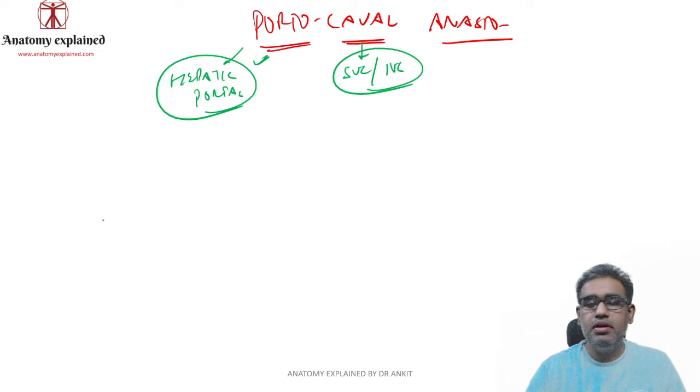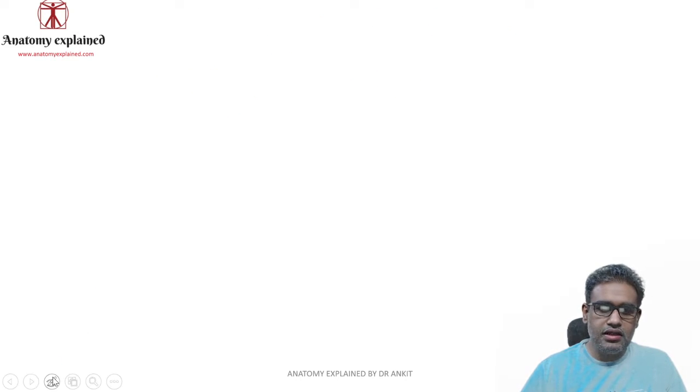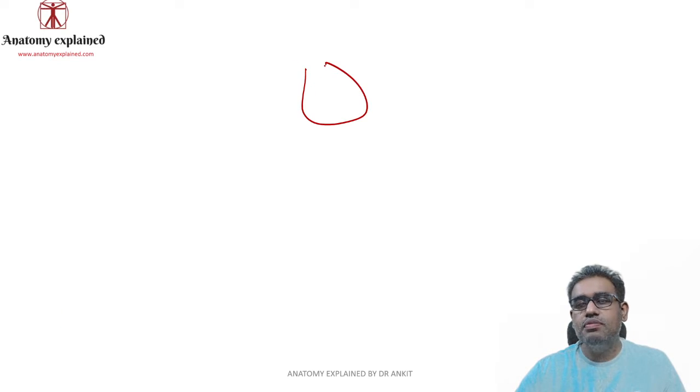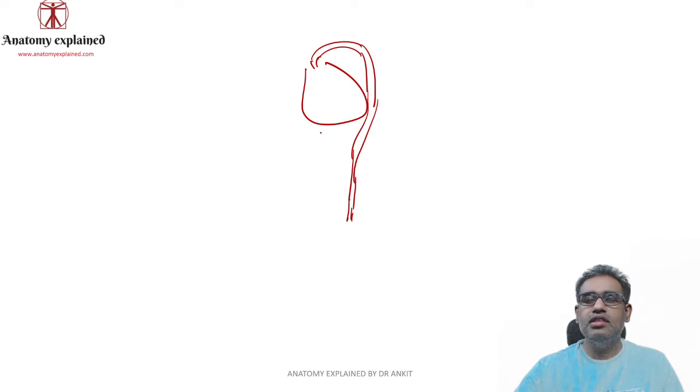Now what does it mean? It means that supposedly we quickly revise, imagine this is the heart over here. The heart is pumping the blood through the ascending aorta, then we have the arch of aorta, and the arch of aorta forms the descending thoracic aorta, and finally the descending abdominal aorta, and all this will give out various branches which will supply all the parts of the body.